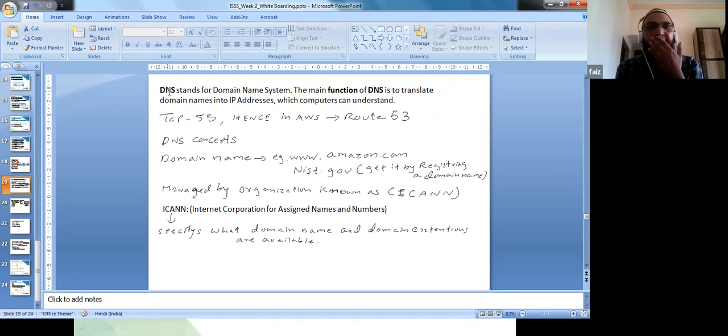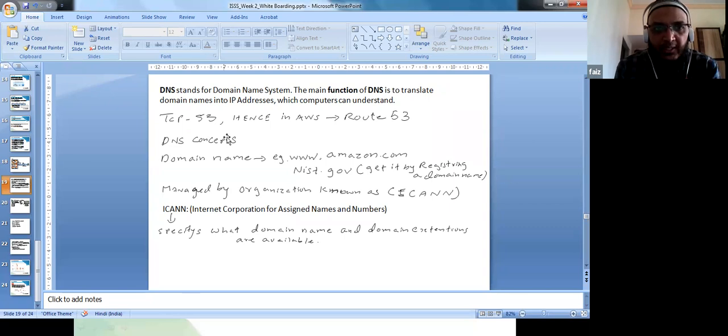DNS has a TCP port related to it, which is 53. So it stands for TCP 53. Hence, in AWS, it is called Route 53. This is a DNS service in AWS providing you domain name services, like translating domain names to IP addresses.